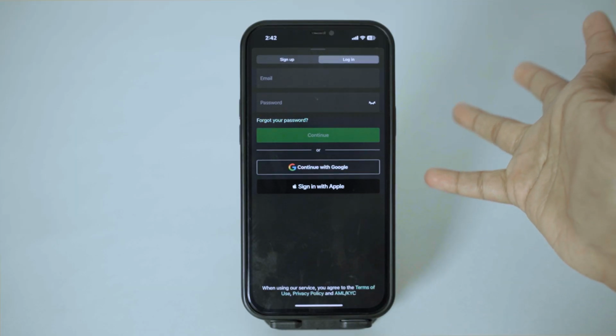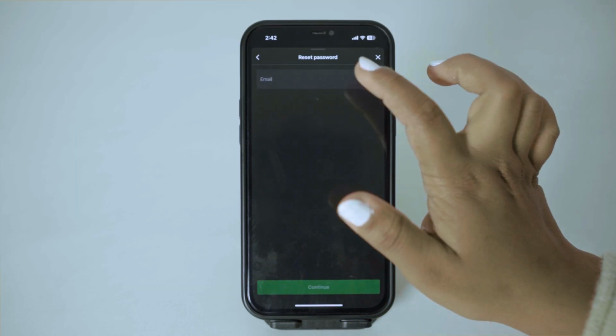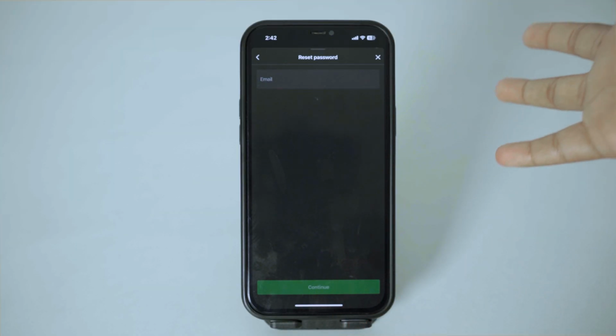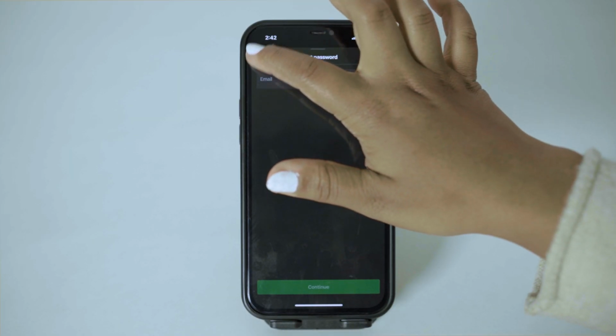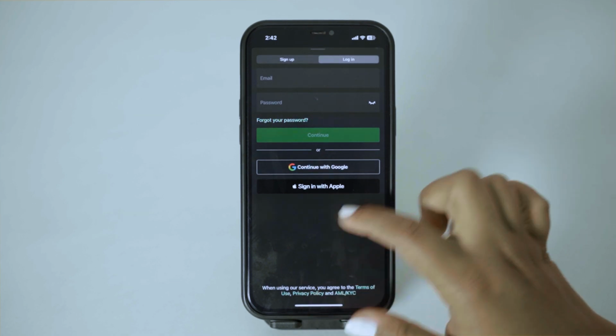In case you have forgotten your password, you can also tap on forgot your password just like this, and you'll have to enter your email address, then reset your password. You'll be getting an email in your inbox, and like that you'll be able to reset your password and fix your issues. But if it's still not fixed, then you might just want to check for an